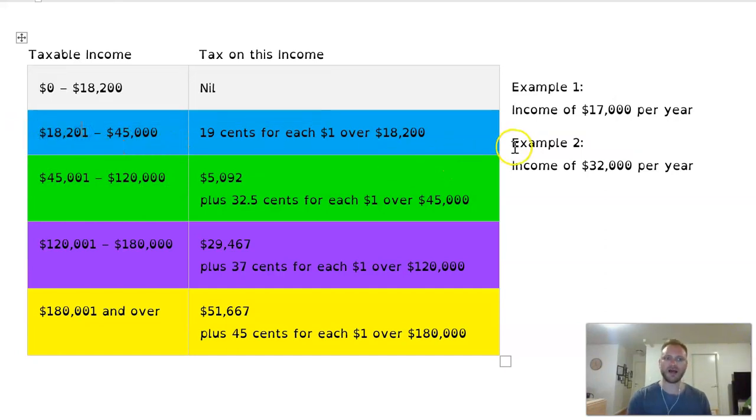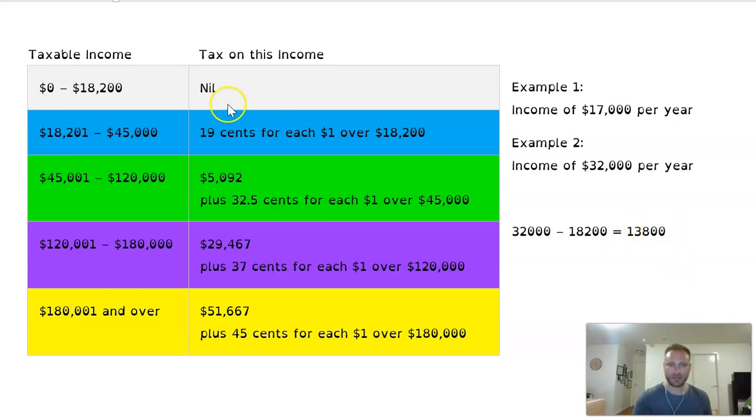So what we have to do in this situation is work out the figure and then calculate that tax based on the exact income we're paying. So in this case, it's 19 cents for each $1 over 18,200, because that amount we don't pay tax on. So to do the math on this one, we will get our 32,000, and then we are going to minus this number here, 18,200. And that will give us a figure of $13,800